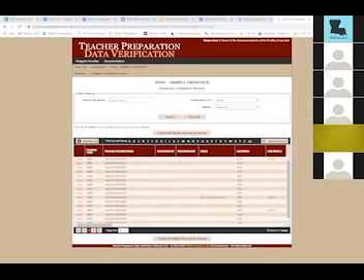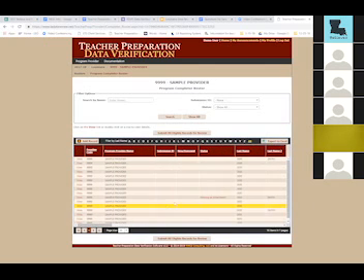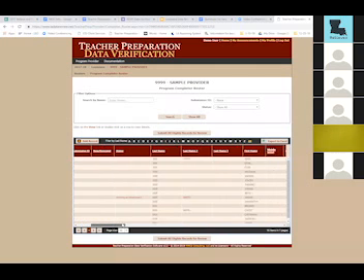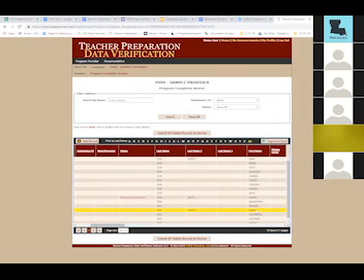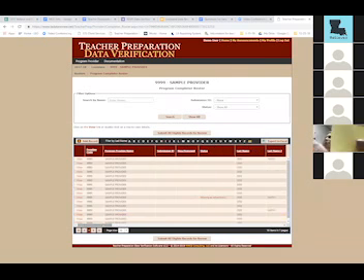So once you've looked at the data in this system and you've identified any changes that you want to make, you'll need to then go in and modify the records. So in this view, you want to find the records that you want to modify. And let's say I want to modify Cindy Smith. So Cindy Smith is right here, and I will go to her record, and I will come over to the